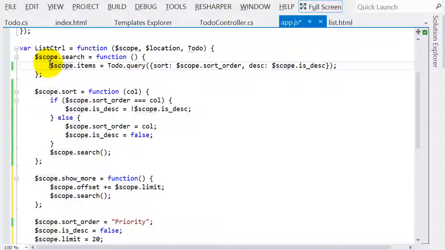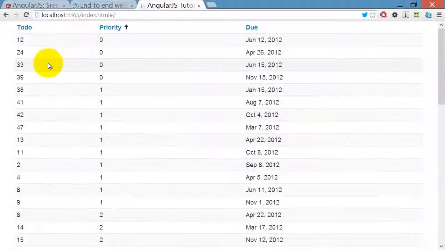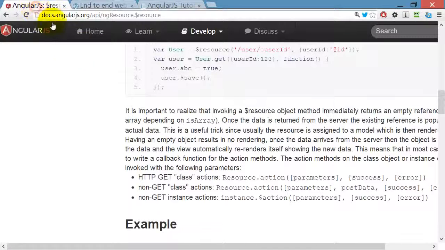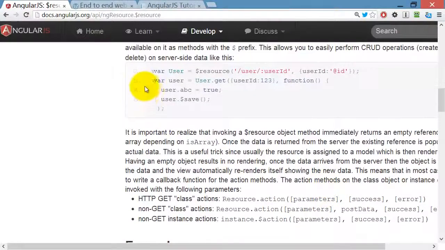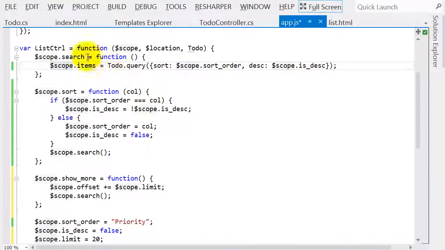So if you look at the $resource documentation on Angular, you'll see that actually you can have this optional success callback. In fact, you can see it used right above. You don't have to say left-hand side equals the result of the query. Instead, you can say run the query, and when it's finished,